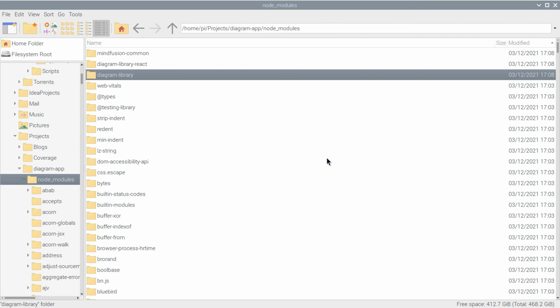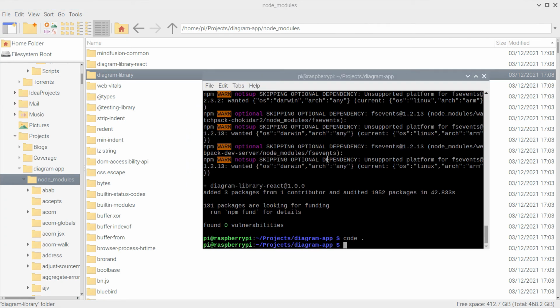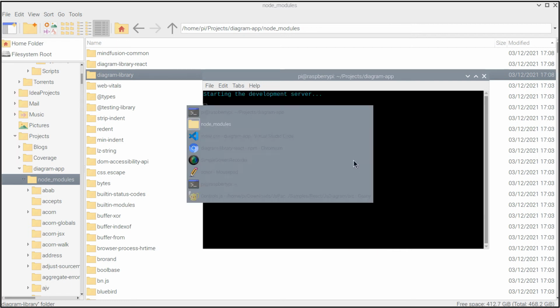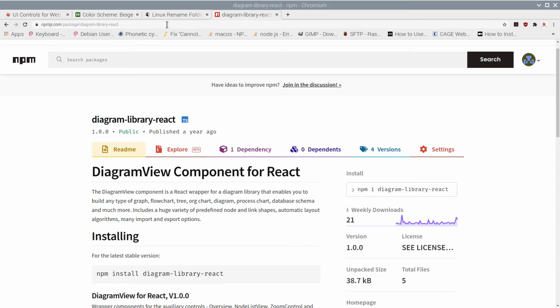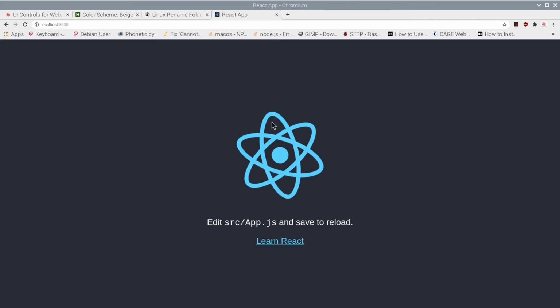Here they are. Let's now start a React development server that will run the application. Here it is. We are ready to write code.